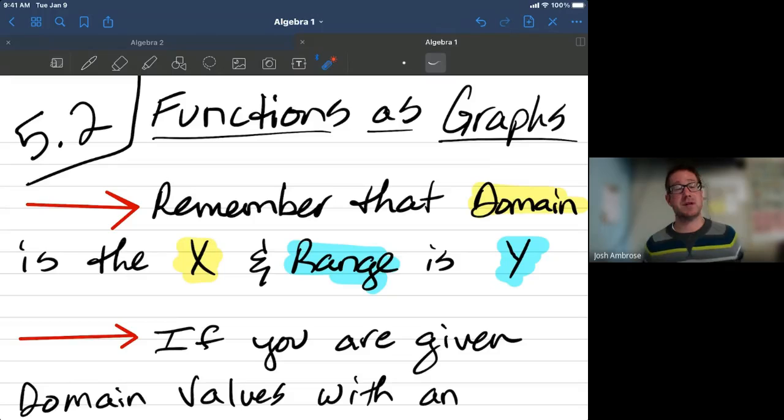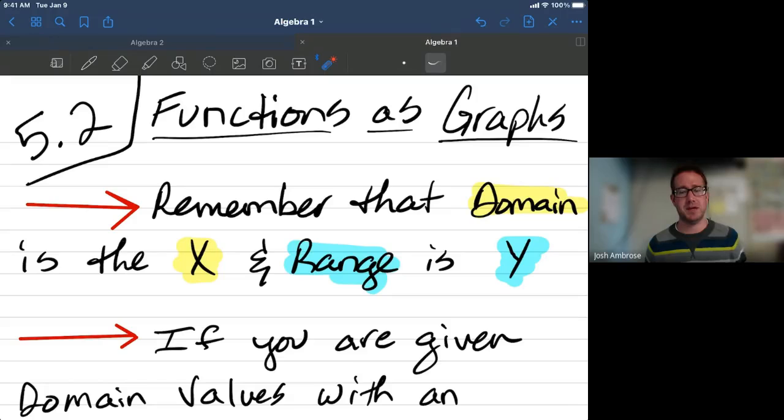We are officially now moving into section 2 of chapter 5, okay? As you can see on the screen here, we are doing a lot of stuff with functions and graphs. So this whole chapter has a pretty big graphing part to it, teaching you at least a few, maybe 3 different ways of creating graphs. And this section is going to cover one of the more introductory, basic ways of creating